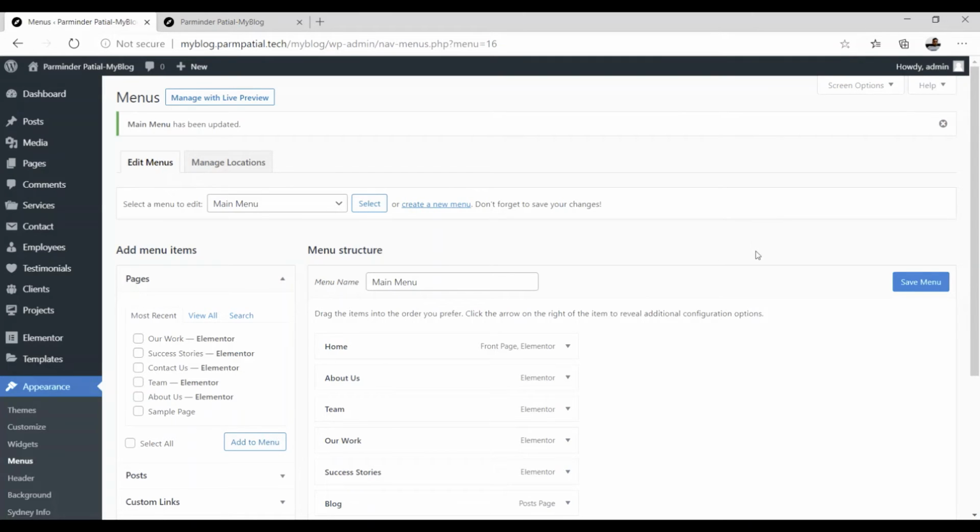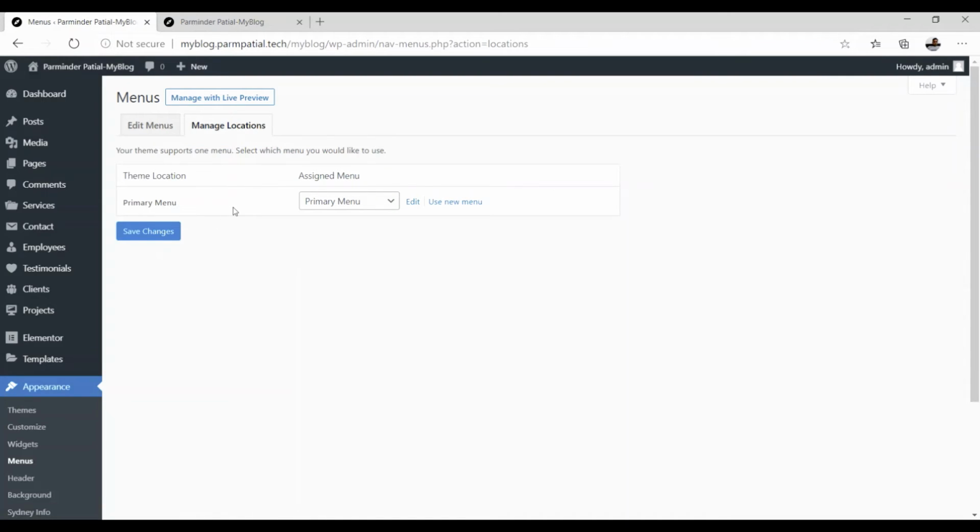In order to manage the location, click on the manage location option here. On this page we have only one location in this particular theme. This theme supports only one menu, the primary menu. In the primary menu we select the menu we created with the name main menu.